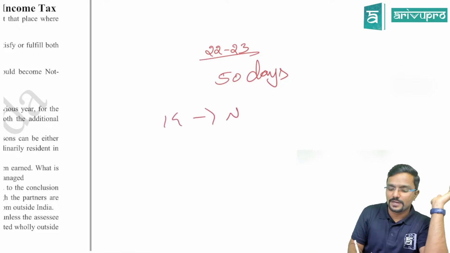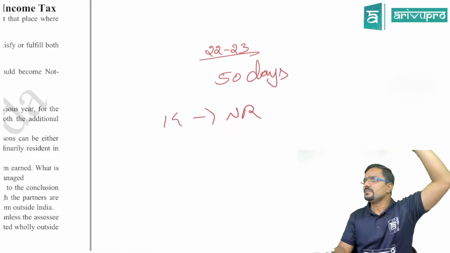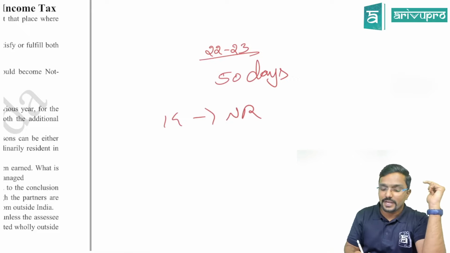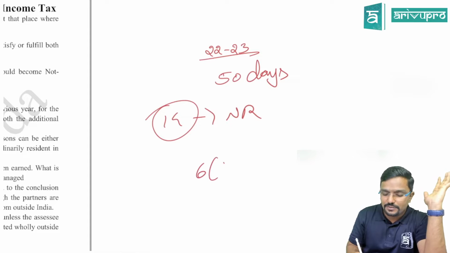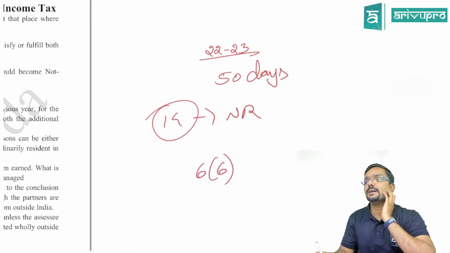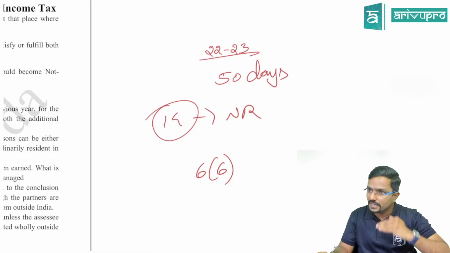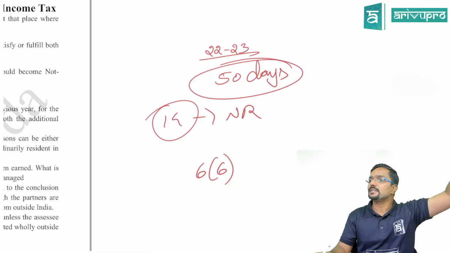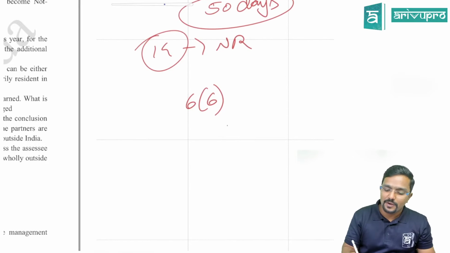He is a non-resident. So assume in the past he was completely in India. So obviously we will not check it for Karta. But still you would have satisfied both the conditions given under section 6.6. In the past he was completely in India. He has left India only in the current year after staying in India for 50 days. So can I tell in 22-23 both the conditions given under section 6.6 he has satisfied?